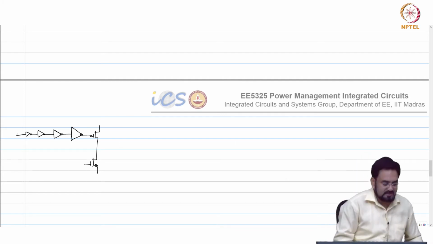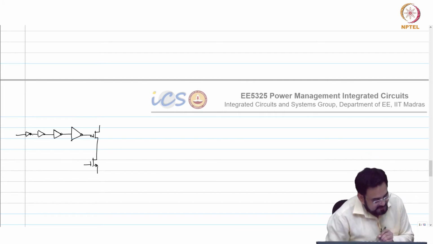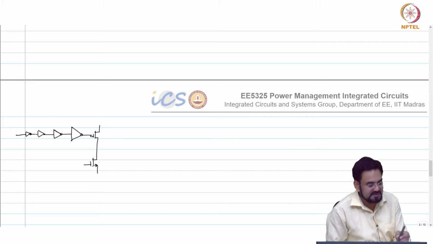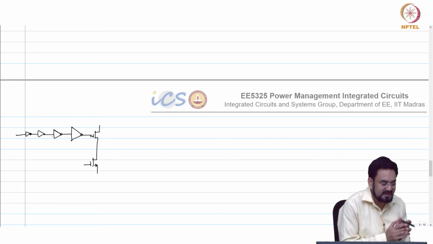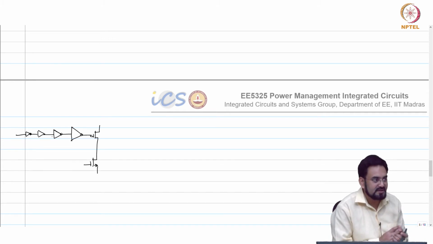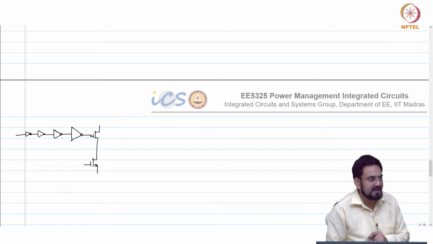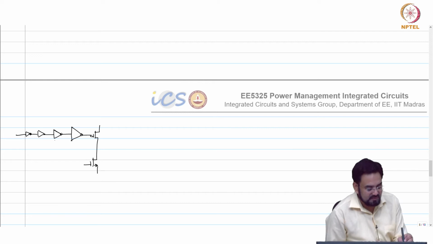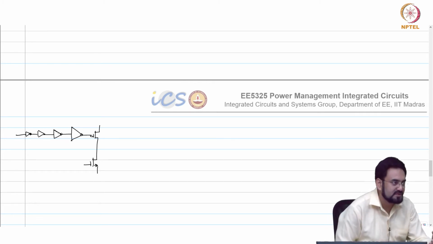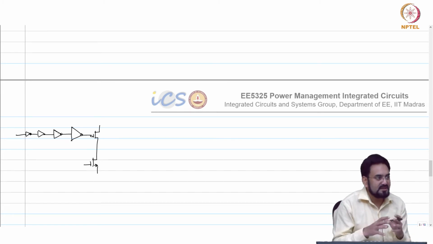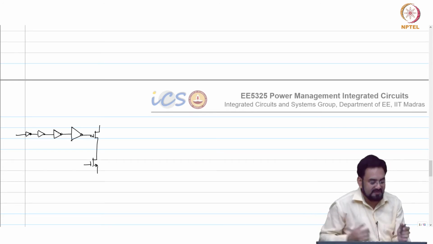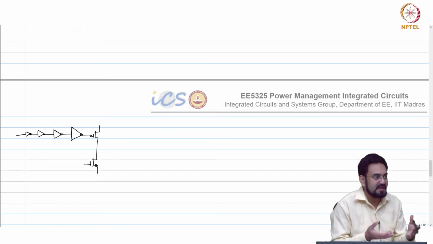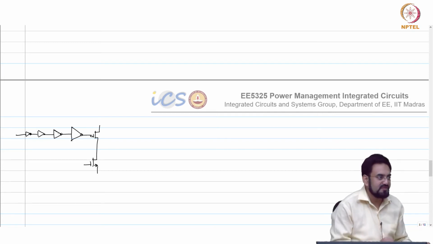This is how it looks. So the simplest way to do this, because these inverters will have the same characteristic, is this. When I say they are built using the same devices, when you increase the size, the gate cap is increasing. So you can roughly estimate, for one inverter to get 100 picoseconds, what size the next inverter driven by the previous one should be, 5 times of that or 10 times of that, and you can simply use that formula.